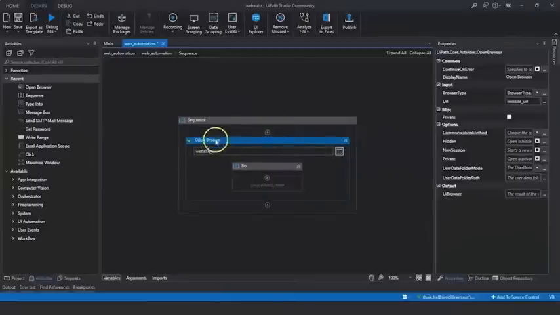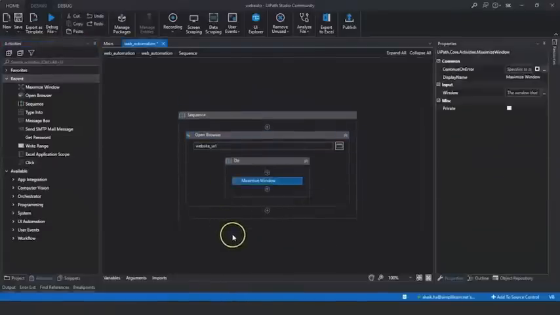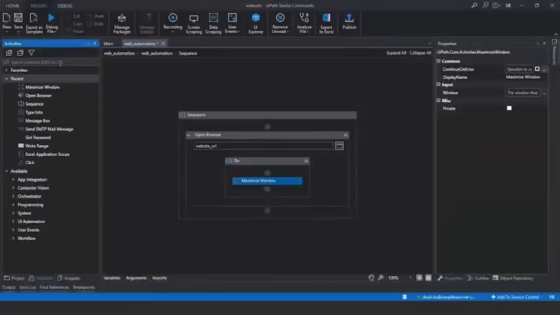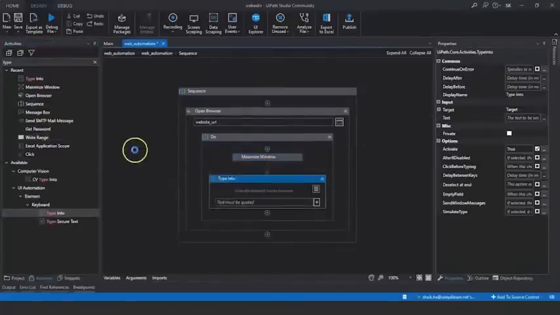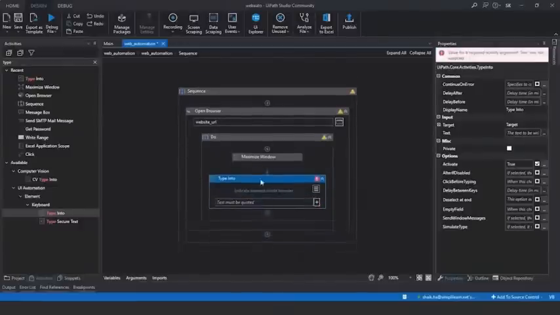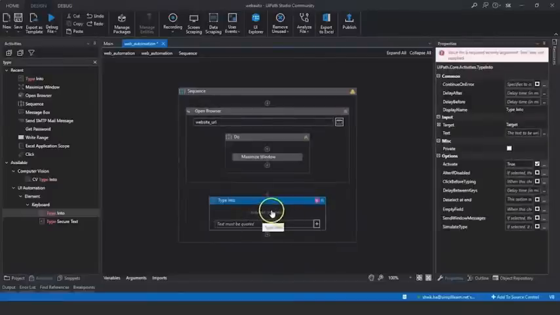So we have selected the open browser. Inside the open browser activity, we will drag and drop the maximize window activity. Maximize window maximizes the indicated window. After this, next we need to drag and drop a type into activity. We'll drag and drop the type into activity, bring it outside the open browser,